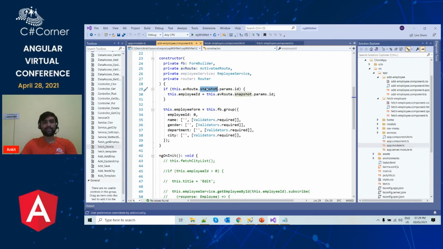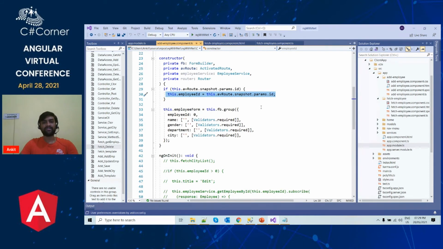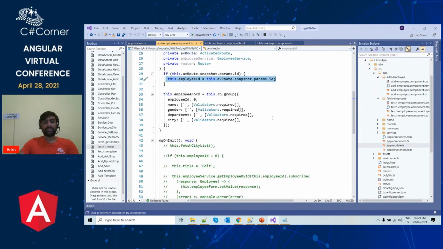So ActivatedRoute.snapshot.params.id, which is our parameter name. If this exists, this means that we have an edit call, and that is why we are going to set the employee ID property to the same value. If this does not exist, then it means that this is a new call. This is an add call to add a new employee. Then we have also defined our form.